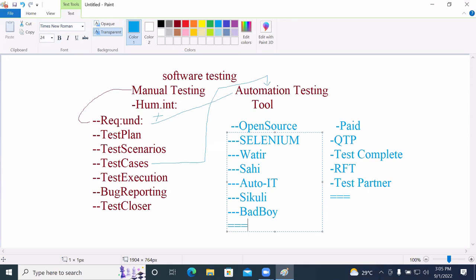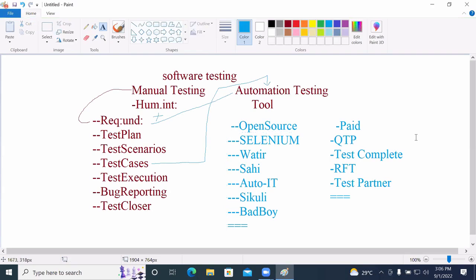Based on what the tester is comfortable with, we can utilize any of the tools. So for now, even though a lot of tools are available in the market, we are taking care of working with